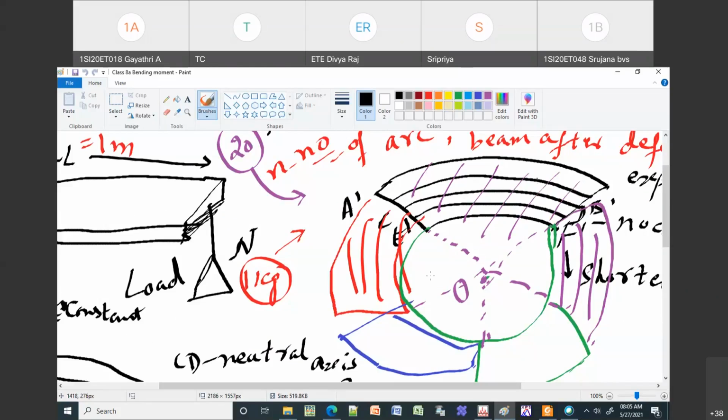After deformation, each beam becomes an arc, and then you can have this kind of circle. Now the black one is one of those arcs. Red is the second arc, blue is one more, green is one more, and violet is one more beam. You can see all these make a big circle. Then I'm going to consider only one of those portions, just this part, for further explanation.